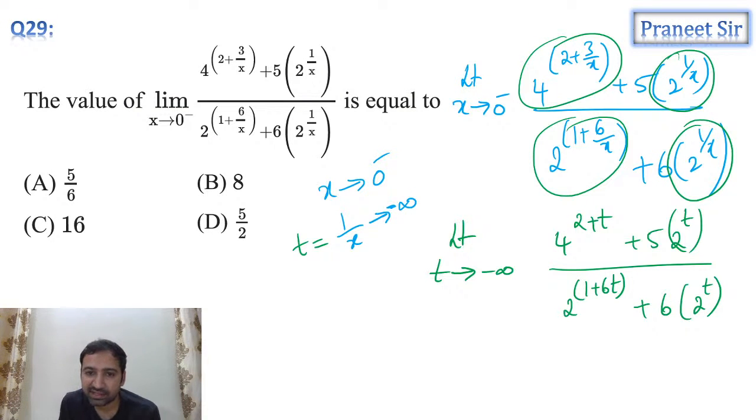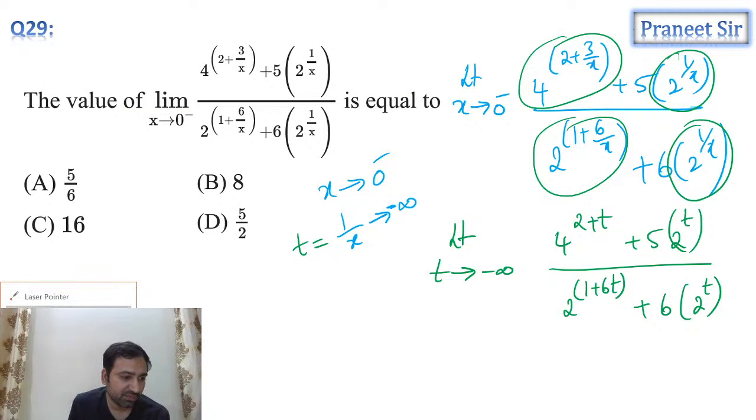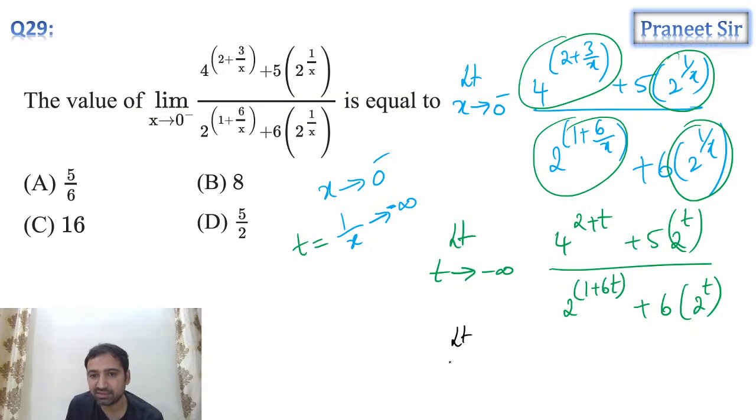So let's simplify this. Anyone got the answer, guys? You're saying 8, Option B, you're saying, mighty. Okay, right. So when we simplify this, what we're